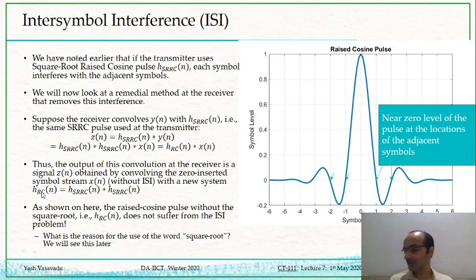Notice the difference in the terminology. This is square root raised cosine pulse. This was the pulse that we used at the transmitter side. And here what we are looking at is raised cosine without the square root terminology. And now if I plot this HRC,